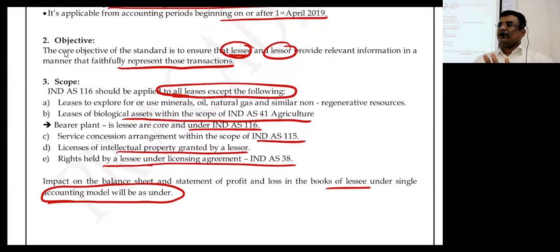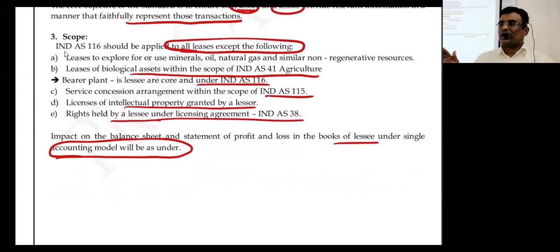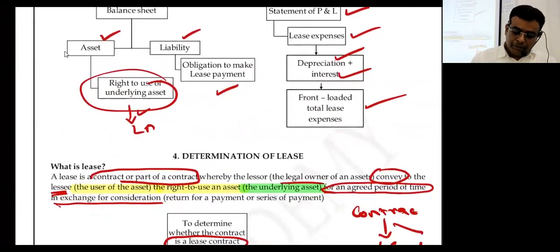Lessee's point of view: from the books of the lessee, there is no such distinction. We are calling this right of use of assets, and we will create a liability. Sir, no. We have to identify whether it is a lease or not a lease. Correct? Some assets will not be covered under the scope. Yes or no? Next, how will it appear in the balance sheet, and in the P&L?